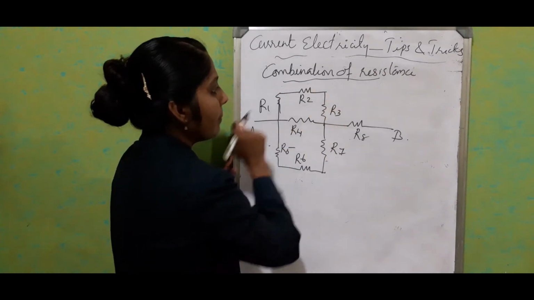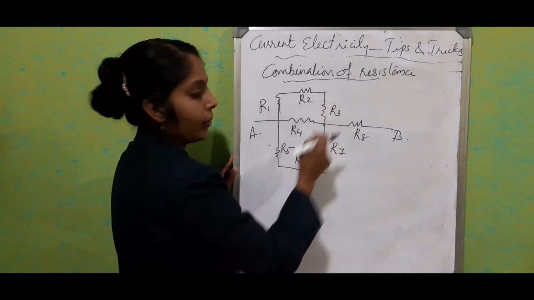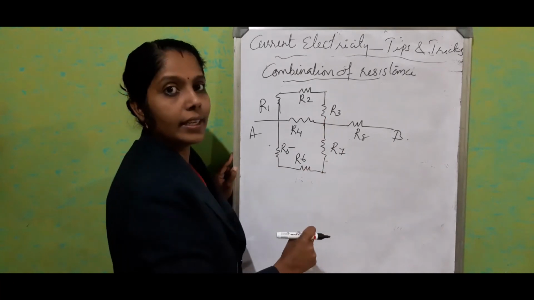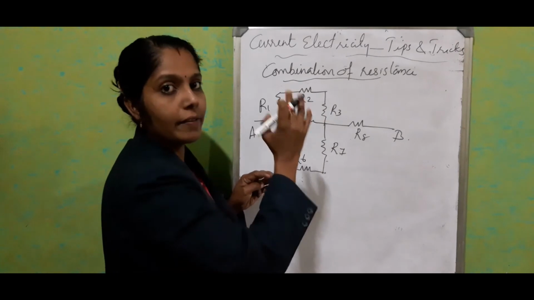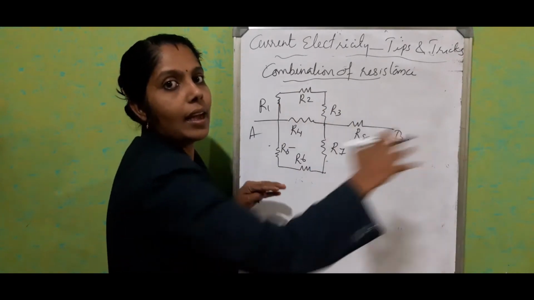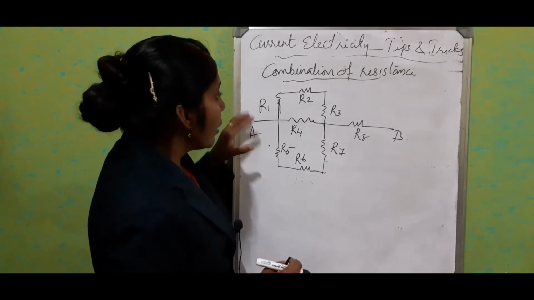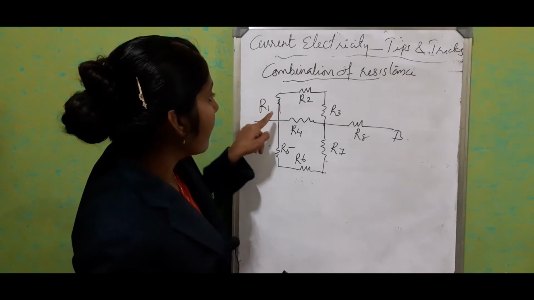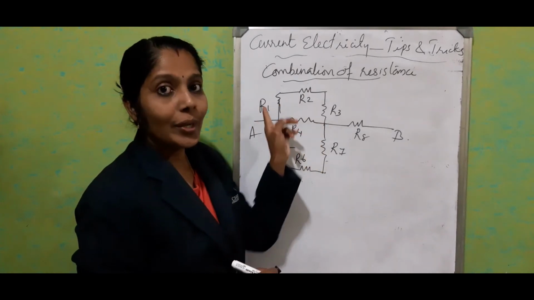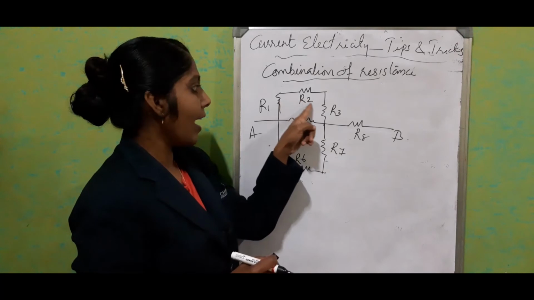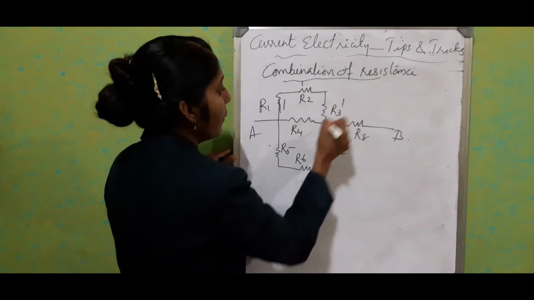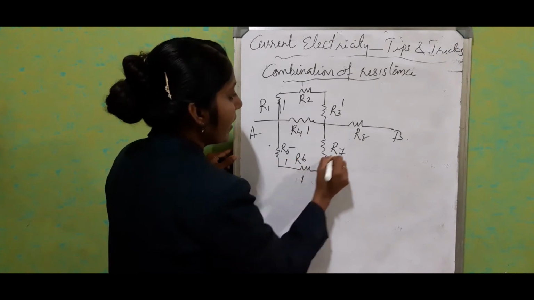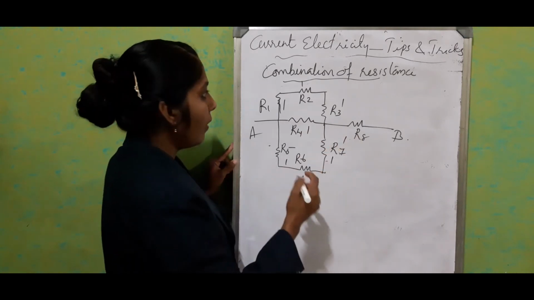In this path you have a series circuit. In this path also you have a series circuit. Our normal condition is to solve the parallel combination first, then the series combination. So in this parallel circuit itself we have a series combination, so easily we can solve it. R1, R2 and R3, right now I will write it as 1 ohm, 1 ohm, 1 ohm, 1. Everything is 1 ohm.